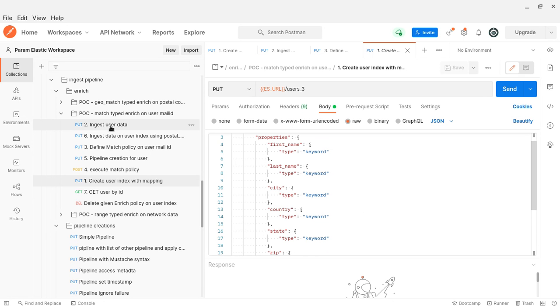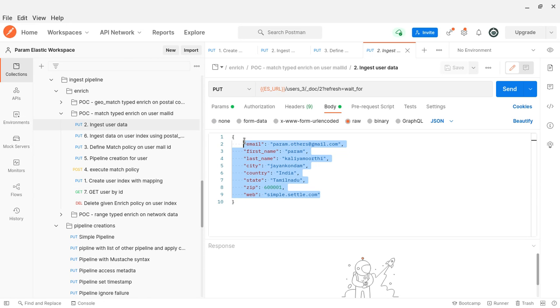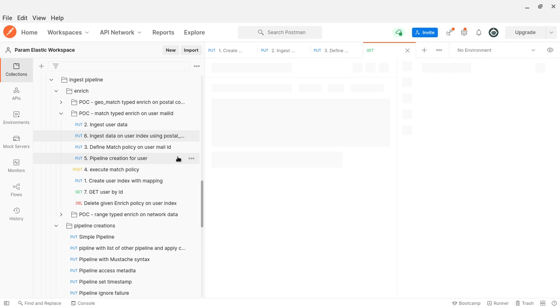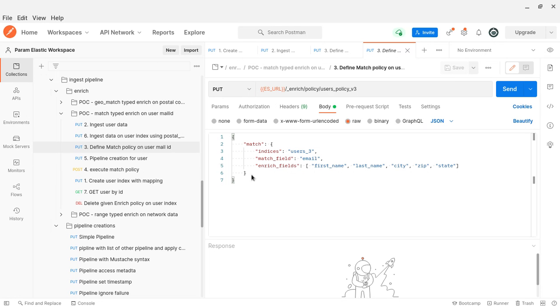Okay. So I am pushing some data into the source index or reference index. Now then, what we are going to do is create the policy. I have to define the policy. Here I am using a match policy. I will say what the index name is, that is the reference index, the source index, or static index, or lookup index, whatever you want to call it.